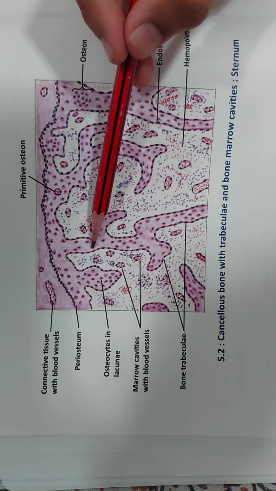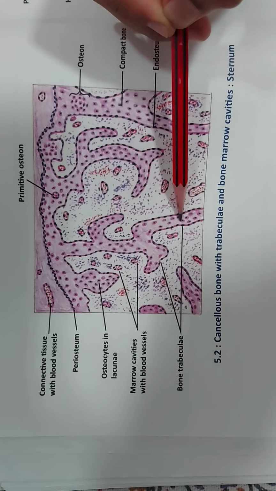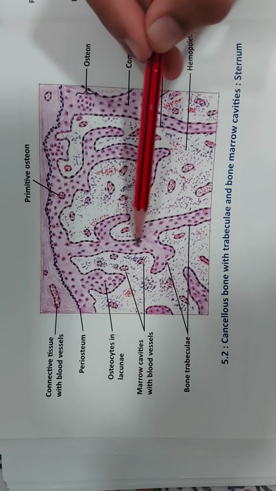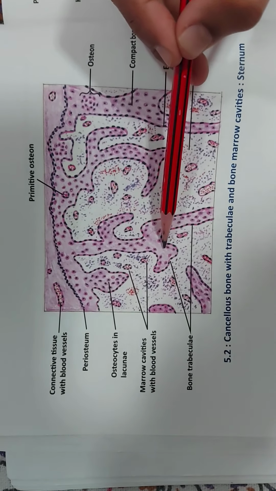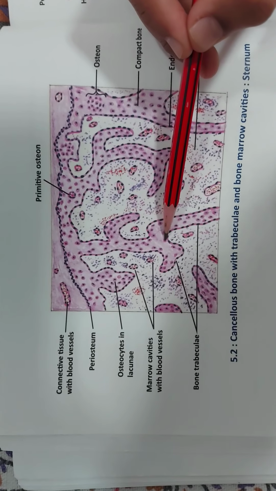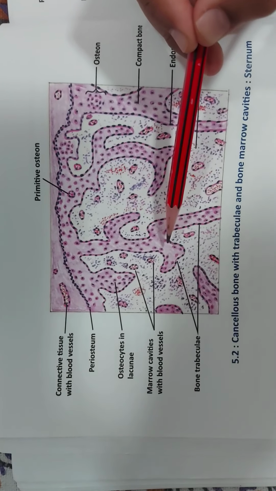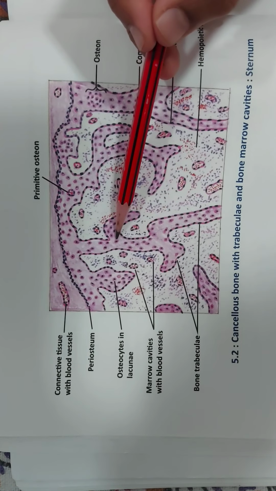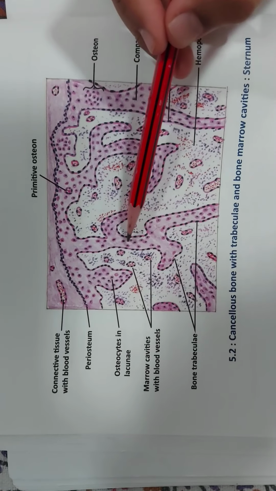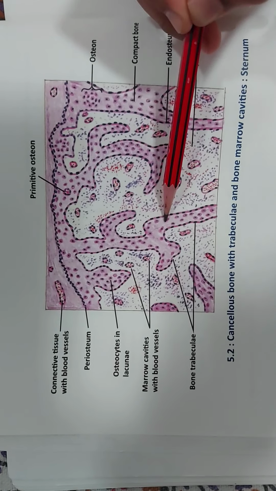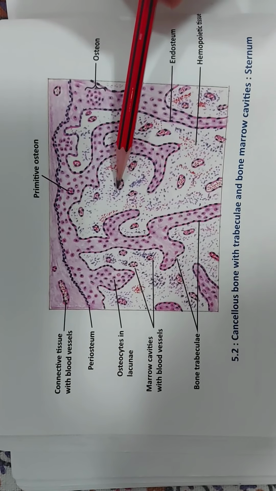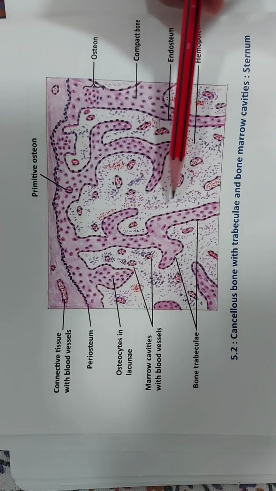In the spongy bone we will see the cylindrical shaped trabeculae extending into the inner side of the bone. These trabeculae are made up of a number of lamella, which are occupied by osteocytes, and the structure of the lamella is the same as we saw in the compact bone. So these are the trabeculae, and they consist of osteocytes. In between the trabeculae there are irregular spaces, which are known as marrow cavities.